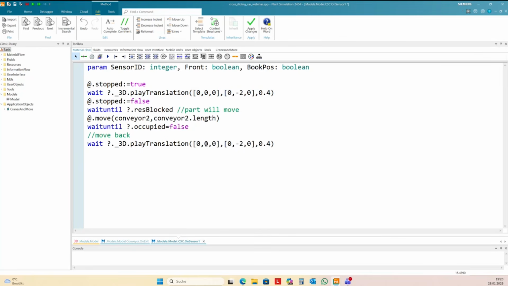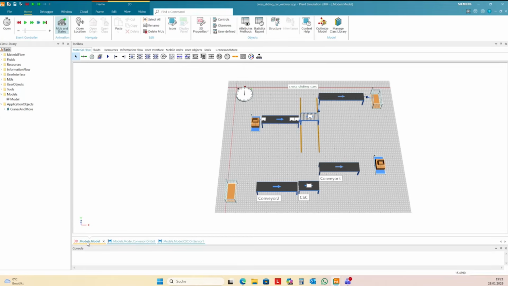We start here from position -2 and go to 0 with the same speed. So, that's all we need to change the conveyor into a cross-sliding car. One step we still need to do: we need to move the part at the end, backward exit control of conveyor 2 to the train.